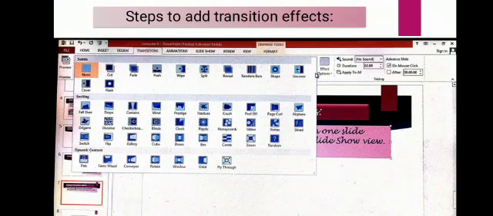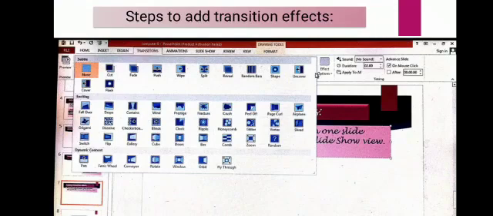Now specify the transition timing by entering the number of seconds or minutes in the duration box. On your right side the duration box option is given. In the duration box you have to select the seconds or minutes of the transition timing. Now next, you have to select the on mouse click or after checkbox. Both have different functions.